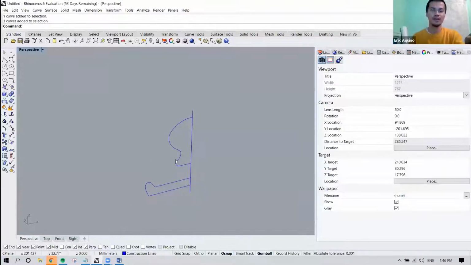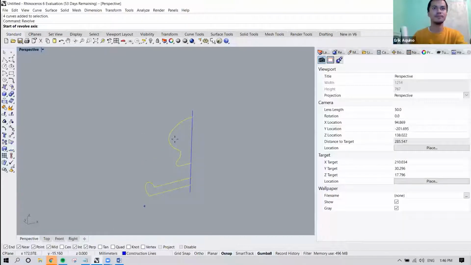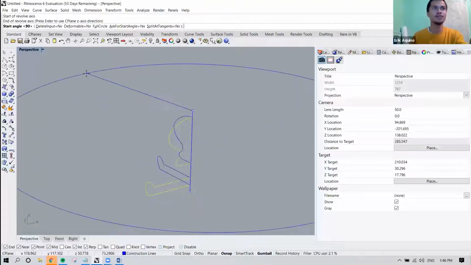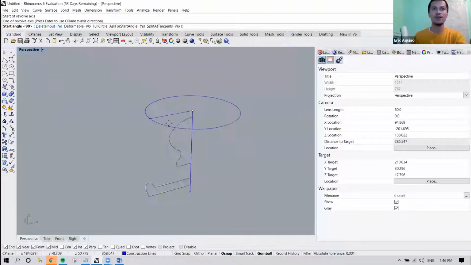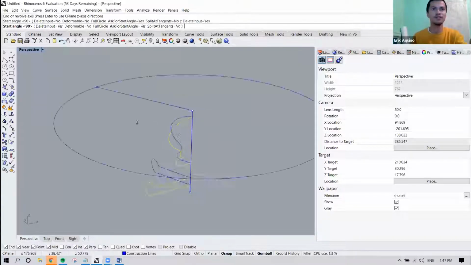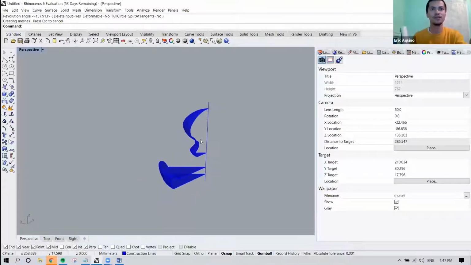Sometimes you don't want to keep these construction lines, and so there's an option in the revolve command. We'll go through the steps again to our axis to delete inputs. Right now it's toggled at no, so that's why our curves are kept after we execute the command. But if you know that you're not going to use them, toggle it on so that these curves will be deleted. And so what you're left with is only the